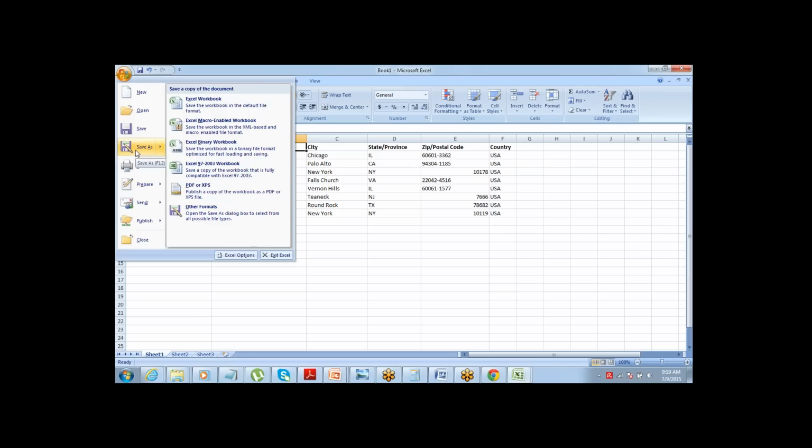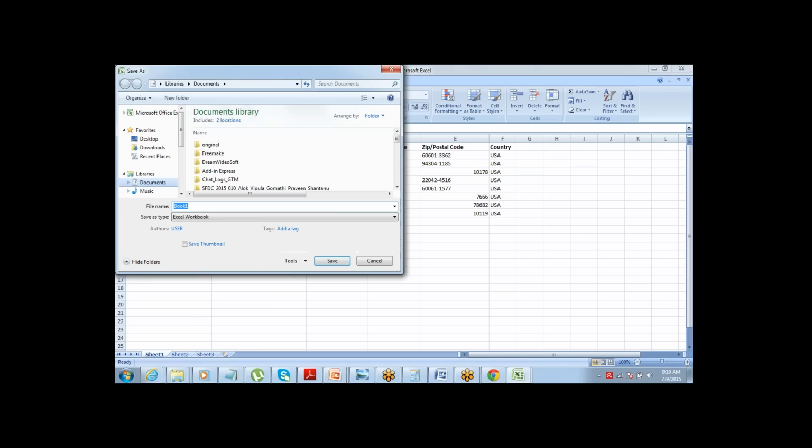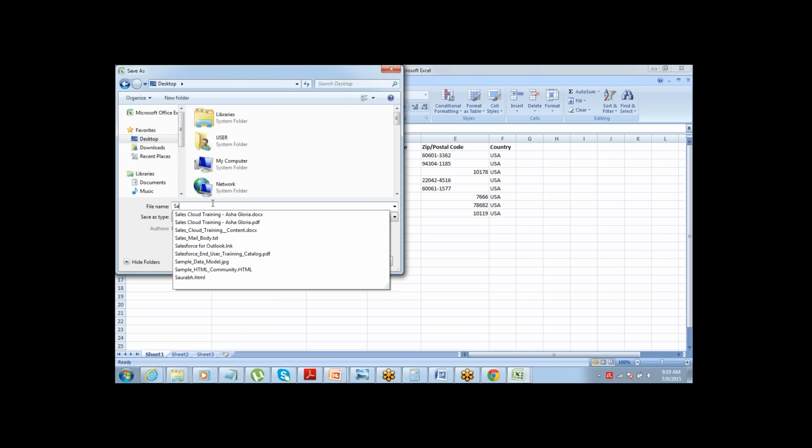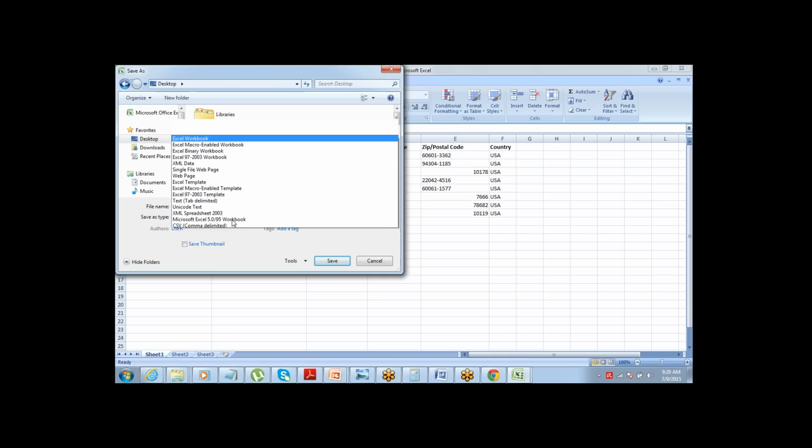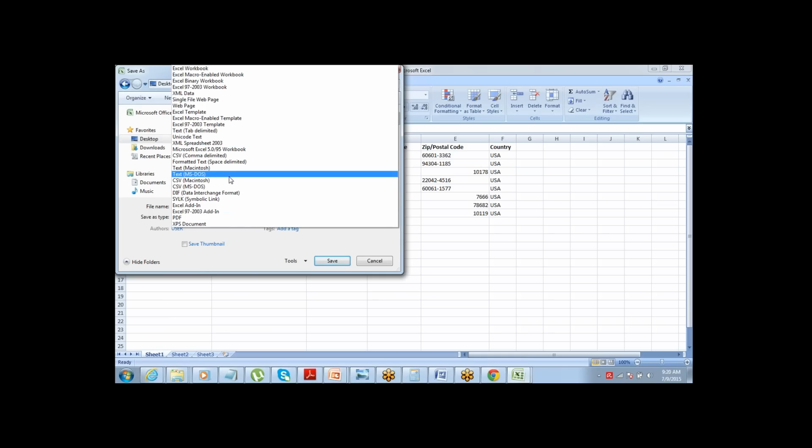Just go and do save as. Sample import file, and the format should be CSV, CSV comma delimited. This is the format that you have to choose.